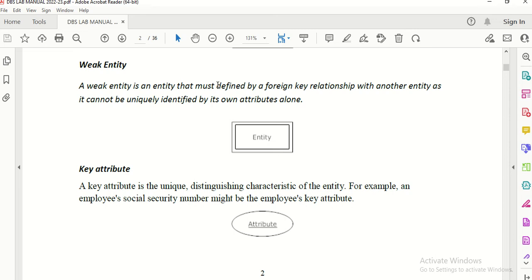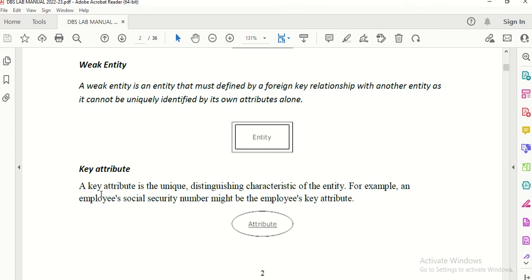We are given, for example, the city ID for a specific student in one table, but in the second table we are providing that particular city ID and the name of the city. So from the first table it is not clear which city Abhijit belongs to, but using the foreign key concept I can connect it with the other table and I can say that Abhijit belongs to the city which can be Bombay.